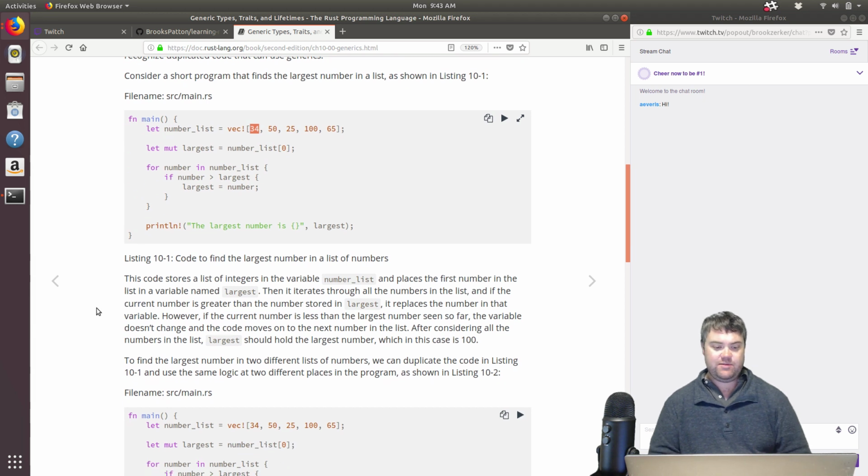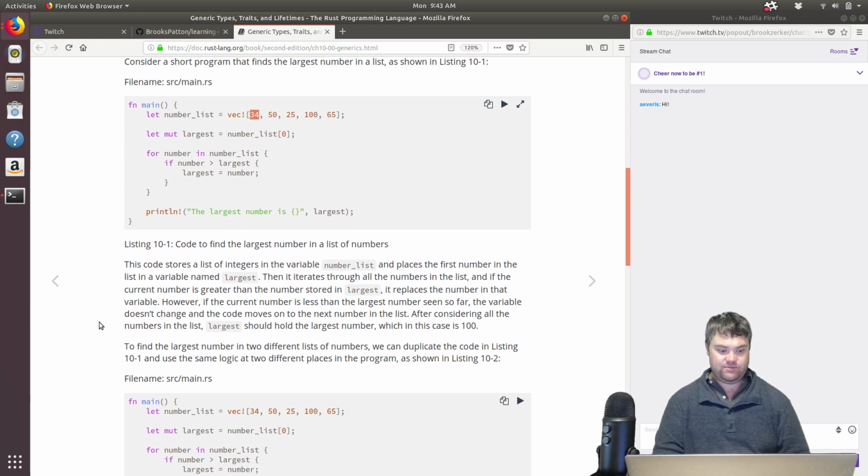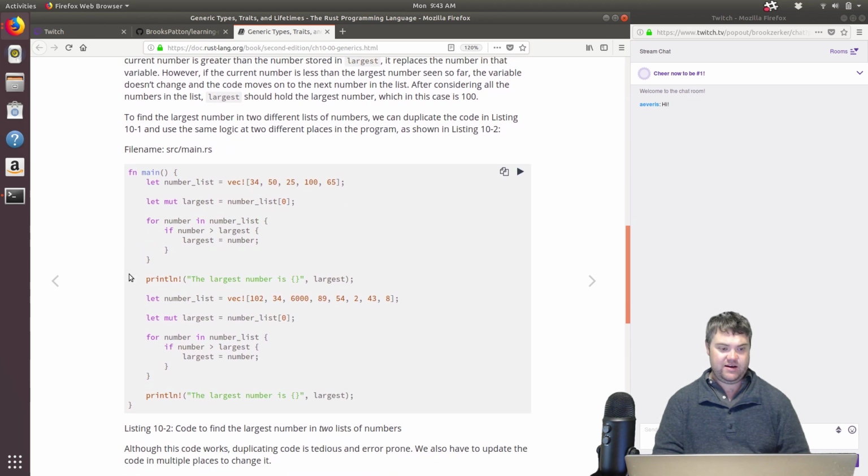To find the largest number in two different lists of numbers, we can duplicate the code in listing 10.1 and use the same logic at two different places in the program, as shown in listing 10.2. So we have, okay, so number list here, but then I also see,